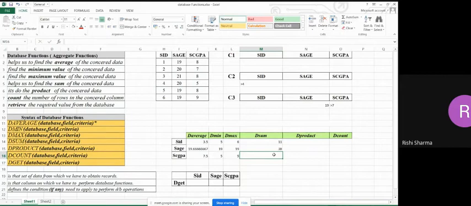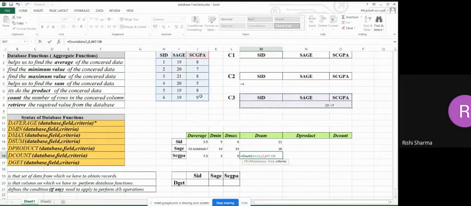Okay. Now for this one, it is equal to D sum. The database is data 1. And what is the field? The field is CGPA, that is J1. What is the criteria? Let's say I have chosen this criteria this time. That means CGPA greater than 7, that is 1, 2, 3, 4, and age is equal to 19. These three, that is, I'm talking about the first, fifth and sixth. So 8, 16, 24, 25. 25 should be the answer.